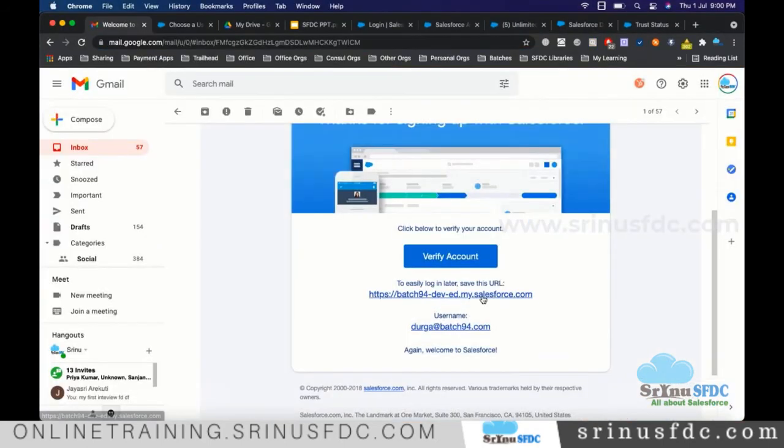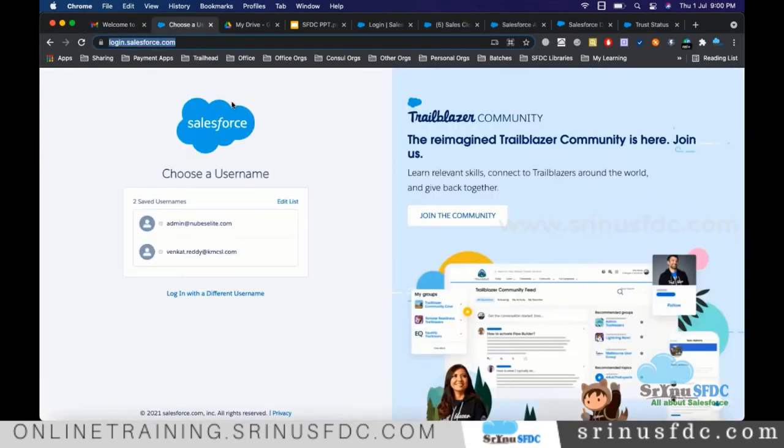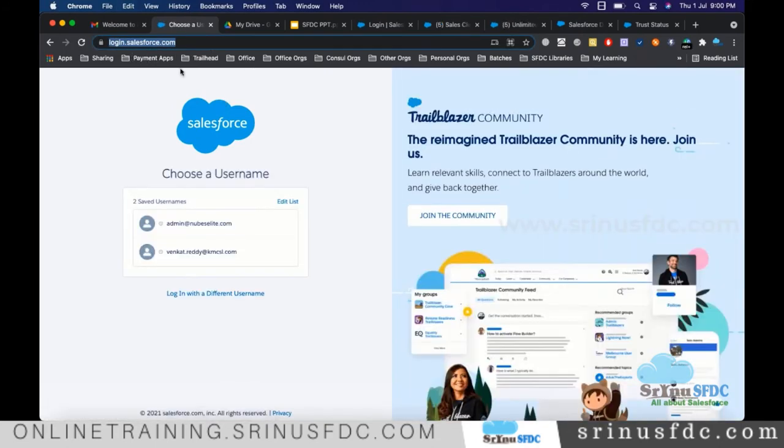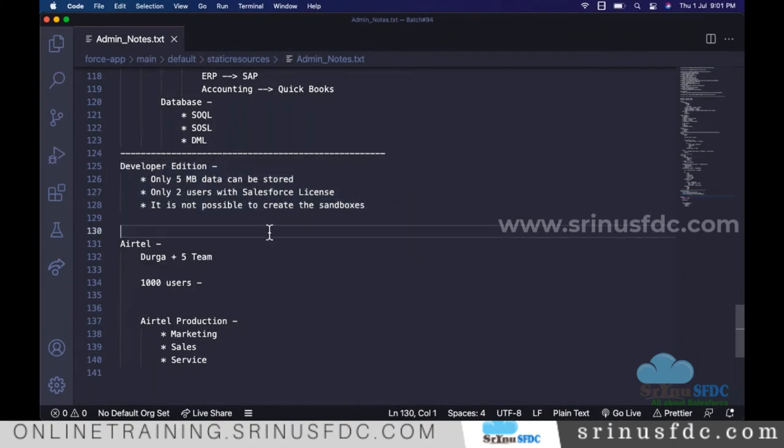So I just set the password and logged in and logged out to show you how we can log in on day to day. Okay. So the URL to log in to the production or the developer edition account, whatever we registered on day to day, is login.salesforce.com. Anyway, I'm keeping that in the notes and also maybe pasting here in the chat. You can find that. The first step, so all of you, what you need to do,